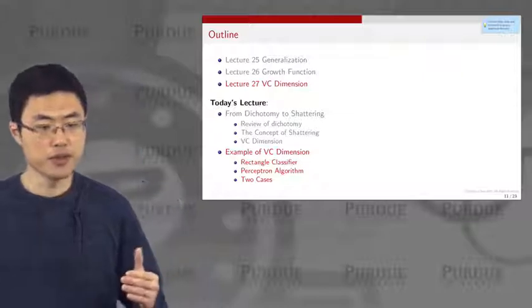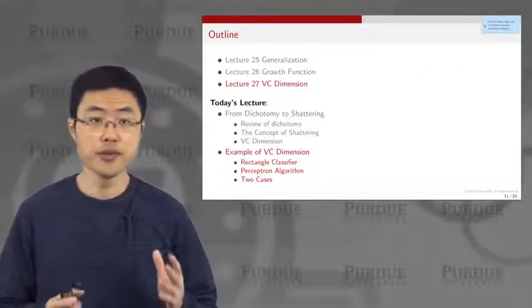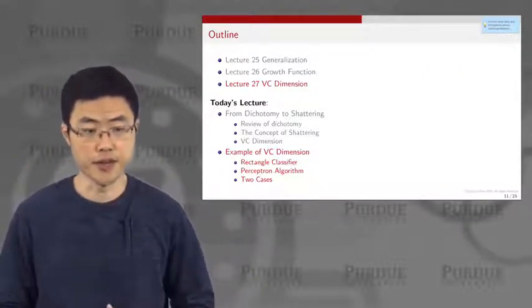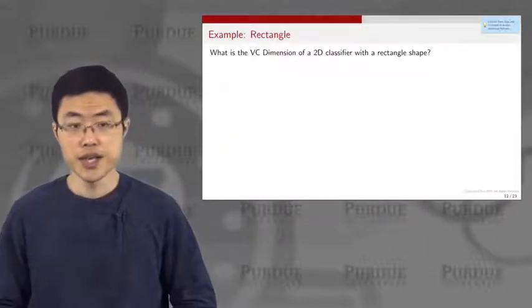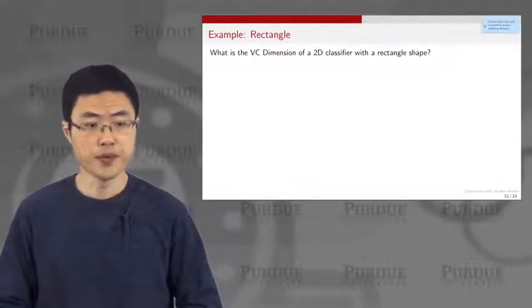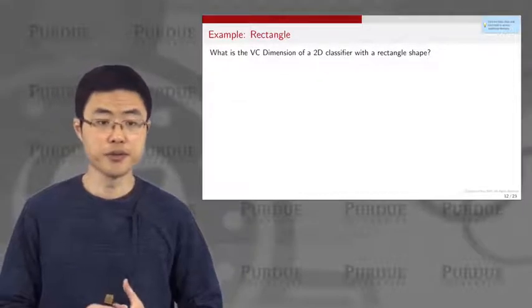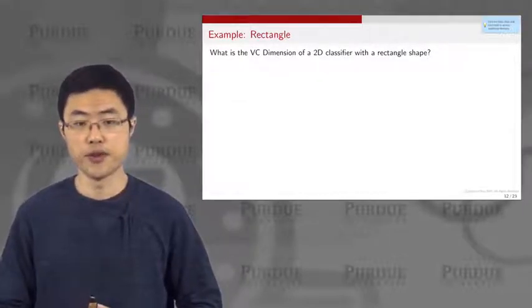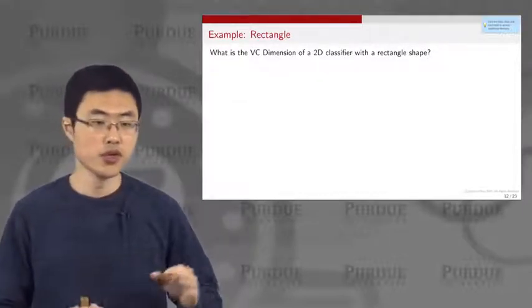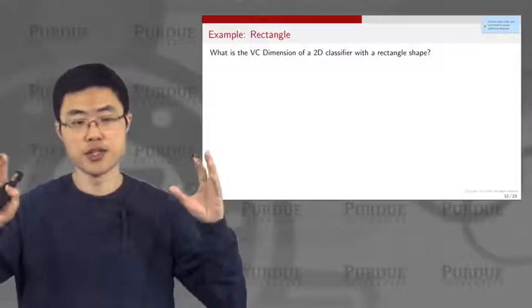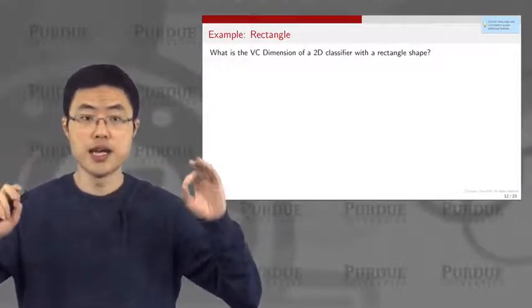Okay, so let's talk about a few examples of how we calculate the VC dimension of certain classifiers. Let's start with something simple. What is the VC dimension of a 2D classifier with a rectangular shape? Think about a set of data points located in 2D space, and then